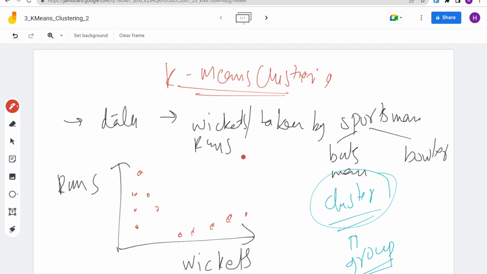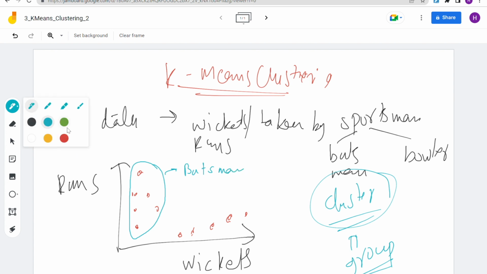Just by looking, you can simply say, okay, these people here look like batsmen because they have scored a bit of runs and they have fewer wickets. But over here, if you see these people, they have more wickets and fewer runs. So it gives a bit of intuition that these people over here are batsmen and these people over here are bowlers,